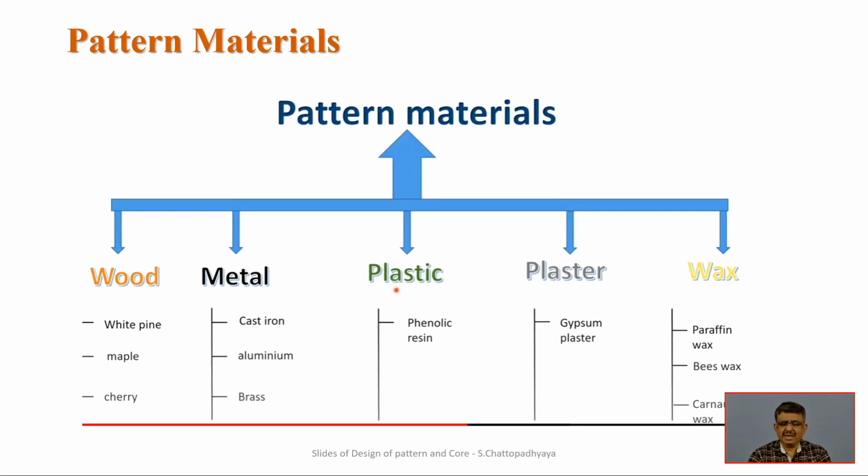then metal, then plastic, because with the advent of plastic it is easy to give shape. The plaster of Paris, the gypsum plasters, are easy again to give shape; the cavity will be there, and those cavities will be used to make patterns of plaster of Paris. And last but not the least is wax, with tremendous applications in investment casting. Now one can print paraffin wax and beeswax or any other kind of wax,